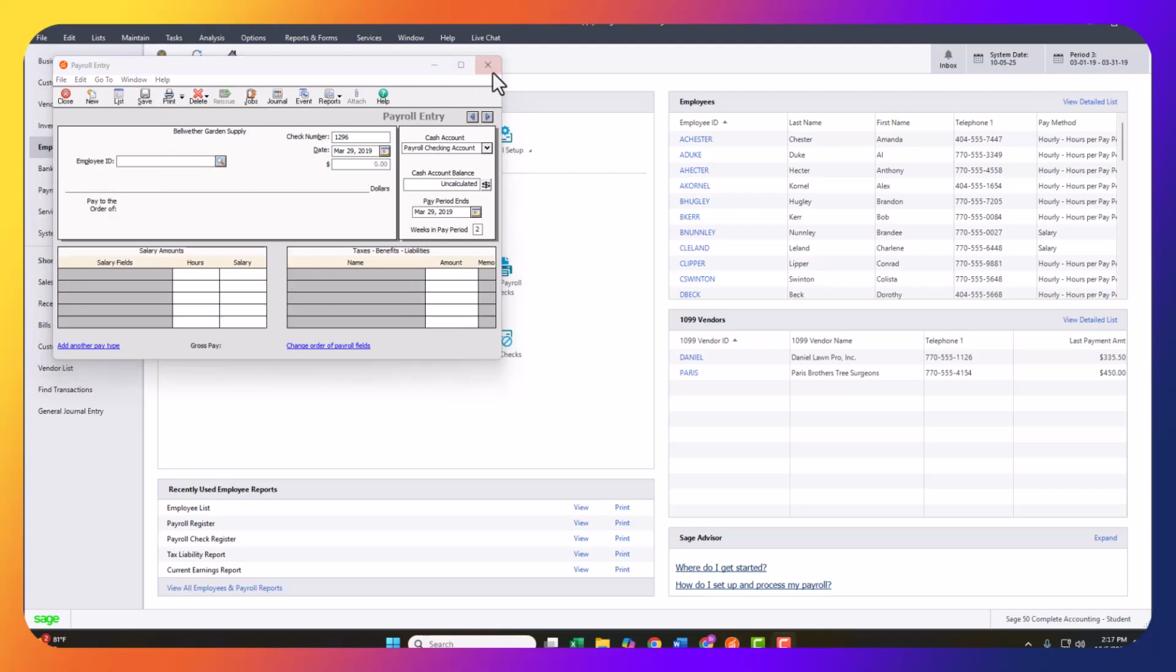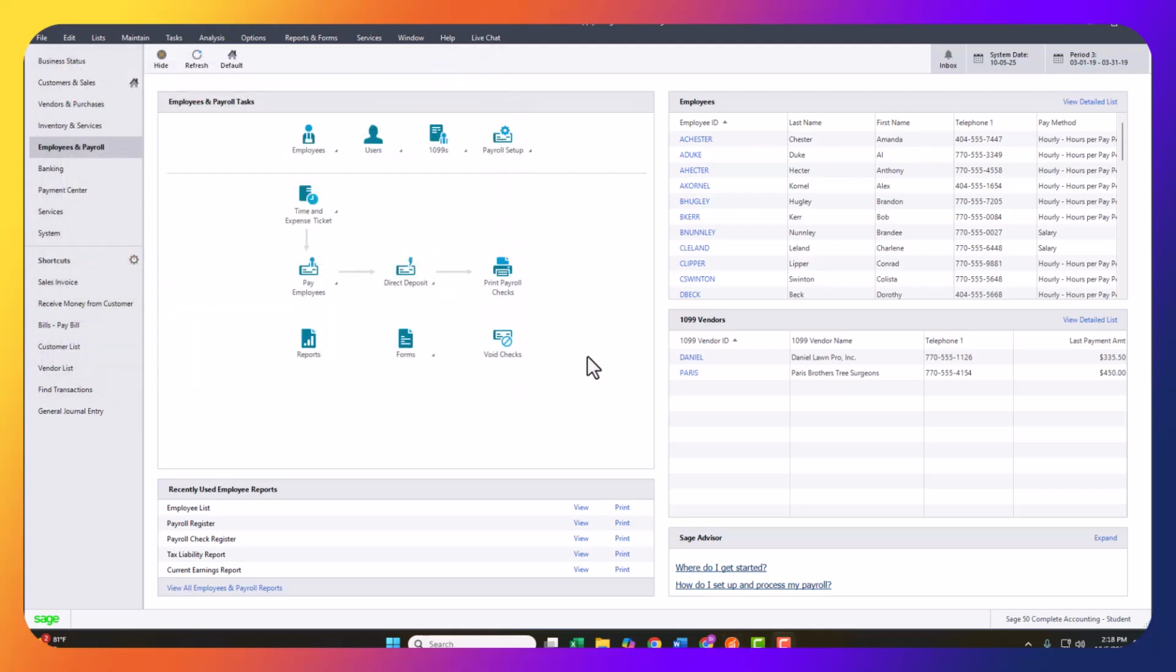So now I'm going to close out of this window. There are many ways to look at those paychecks that we just created. We could go to the general ledger and find the payroll checking account and then look at the activity in there and find those net pays. Alternatively, since we're on the employees and payroll screen here, if we select this payroll check register, and this is a report,